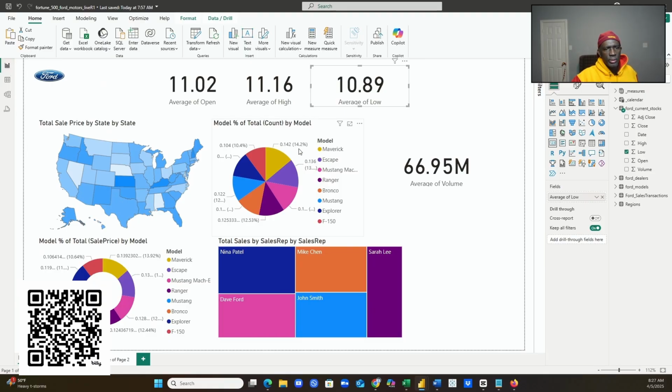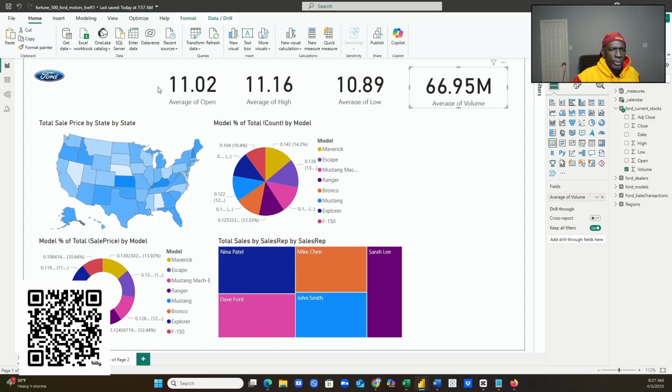But we know that stock prices change on a daily basis. So rather than having just a general average, we want to see this on average by date or by a time frame. So I'm not going to use day, because there are a whole lot of days. We're going to look at months, because